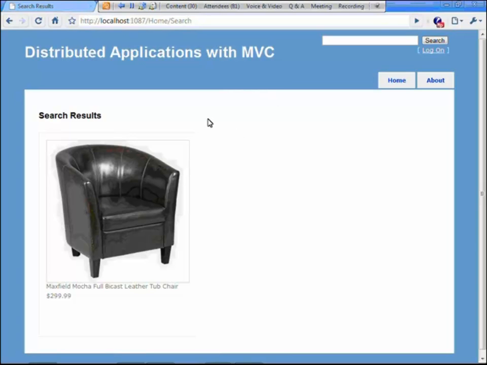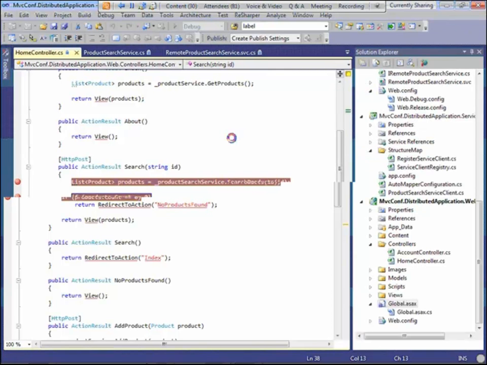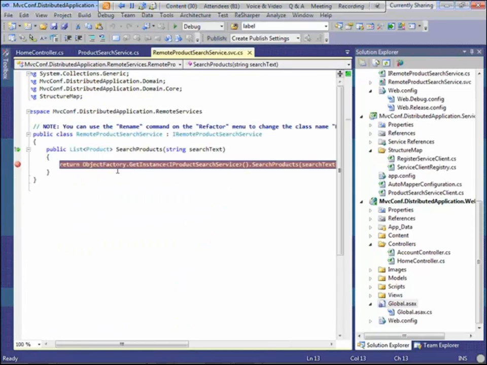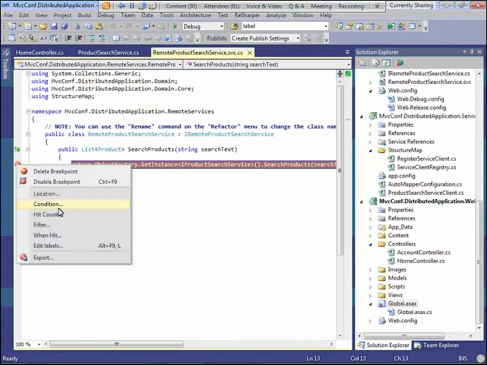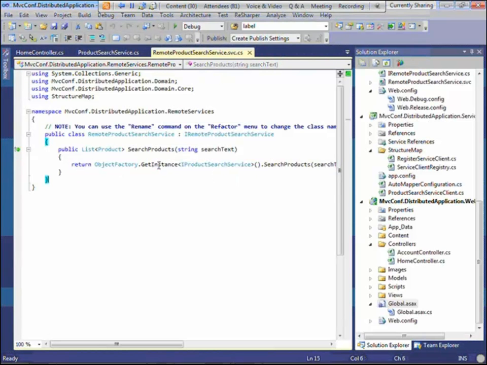So let's go take a look and see some of the other stuff in here. Our remote product search service again is kind of like the pass-through that we did in our original business layer, where our actual product search service just passed a string along. This guy is calling structure map. Let me get rid of these guys. So this guy's calling structure map,